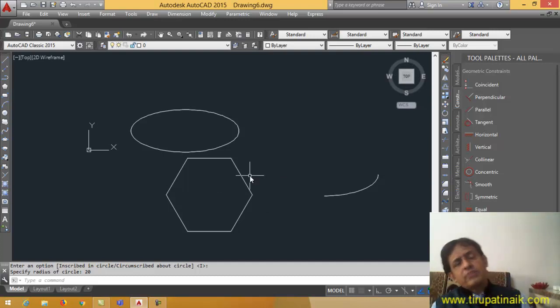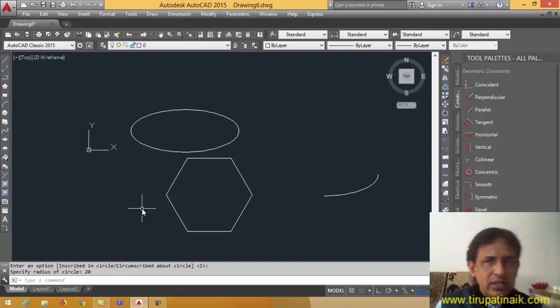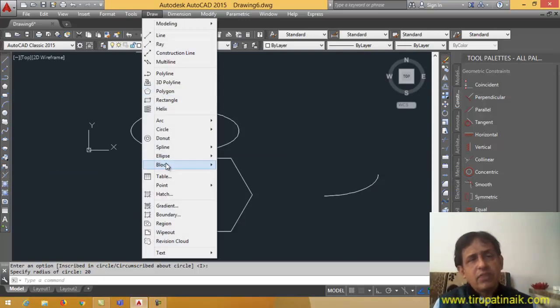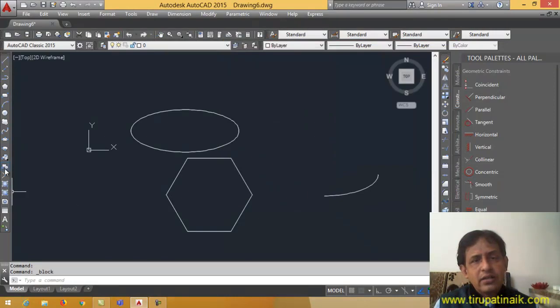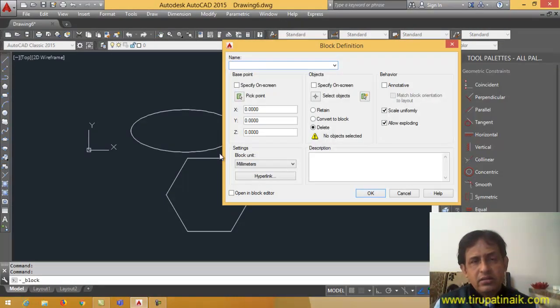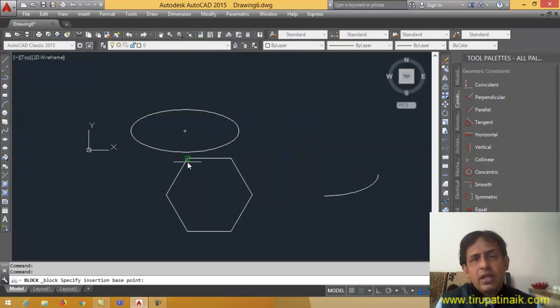So this hexagon I want in multiple places. Okay, you can use the copy command, but the block command is for creating multiple objects. So this block command you can use from the Draw menu, Block, Make, or else you can select the block, and then name this. Say I want to name it hexa, and then specify the base point.